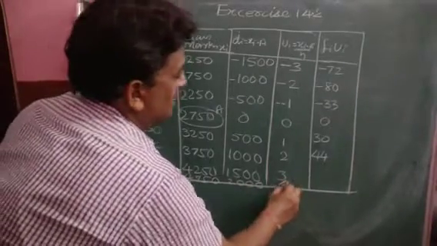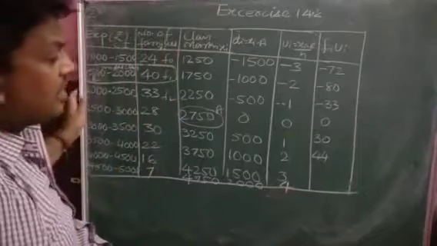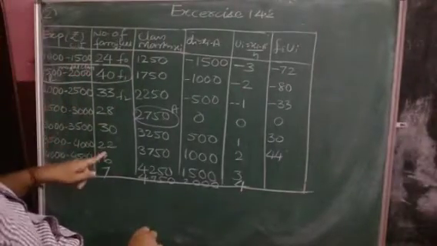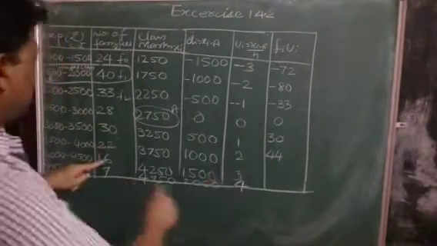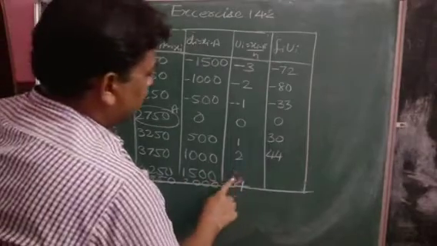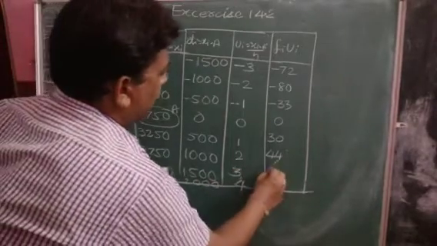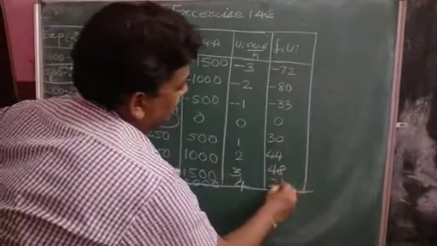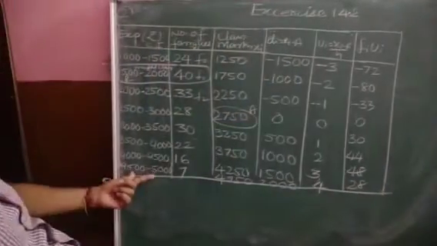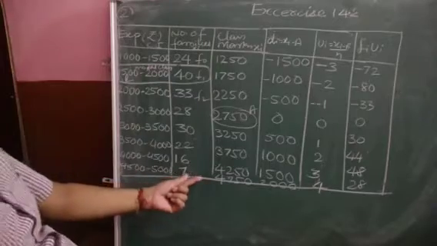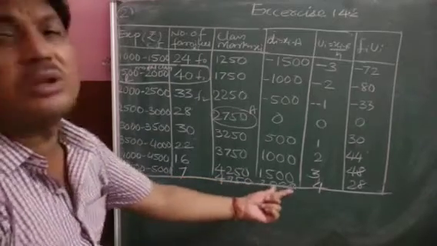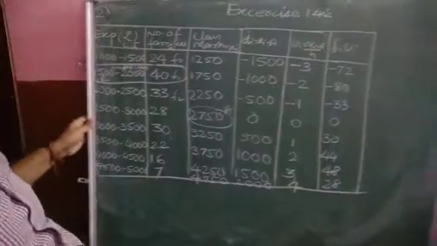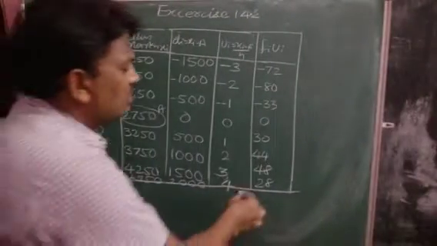What data was left, children? It's a 4. So 4 here. So 22 into 2, 44. 16 into 3, 48. And 7 into 4, 28. Sorry children, one data was here whose frequency was there. I did not consider it. Now I wrote it down. Hope you will adjust. Now, what you have to do?